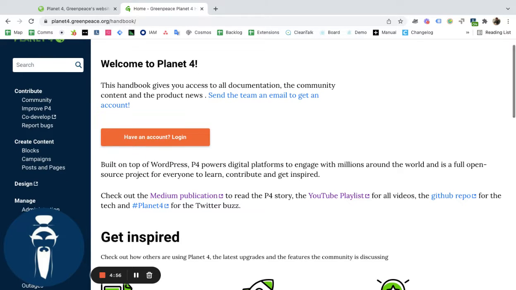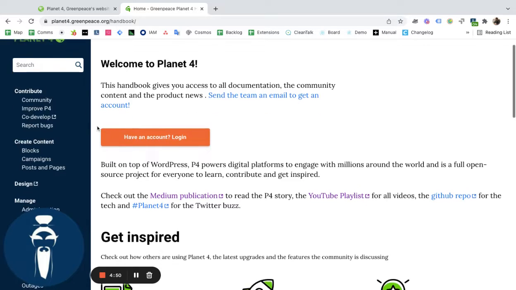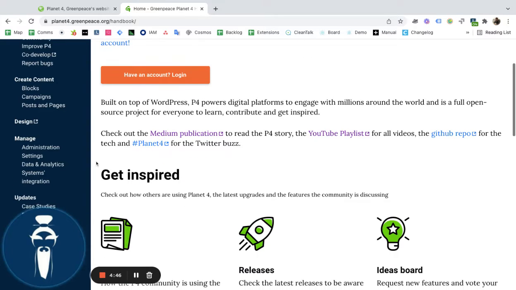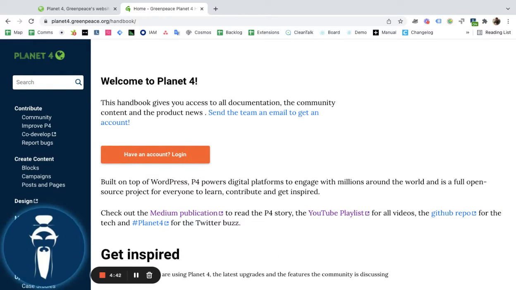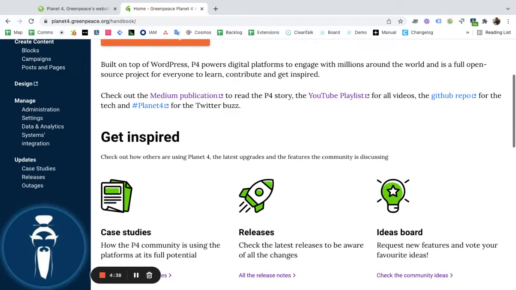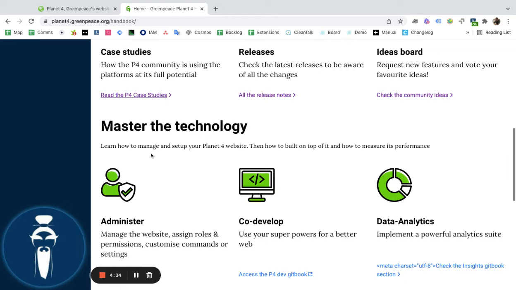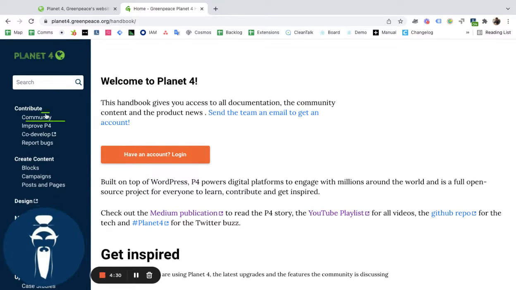This website is a documentation website designed to help you learn how to use the Planet 4 websites, the Planet 4 technology, to give you access to all the community content and essentially the latest news about our product. So the way we shape this documentation site is to provide multiple accesses to the content that you are interested in. So you can either navigate visually from the homepage, the main sections, or on the left, you have